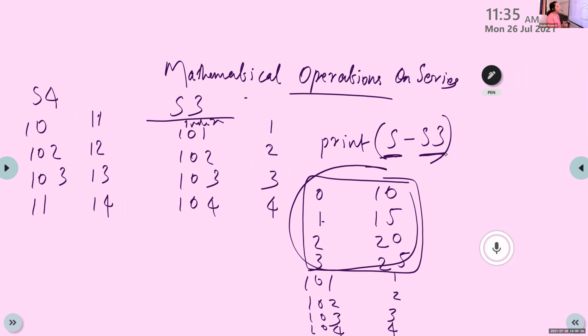If it is S plus S3, first it will display S, after that it will display S3. If it is S minus S3, first it will display the content of S, after that the content of S3. Is it clear? If the indexes are different.